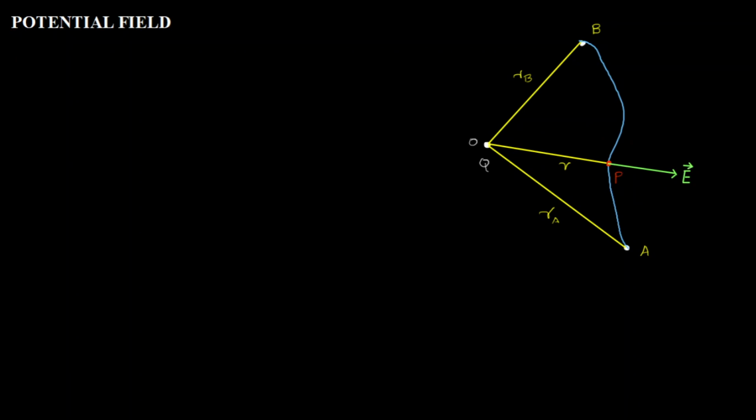For a small distance, I have reached some point here. Let that point be named R, just for reference, and this distance is delta L. I will consider this distance as delta L, so that it will be similar to your previous derivations which we have done. Now this point R is also at a measurable distance from point O, that is my initial charge Q.